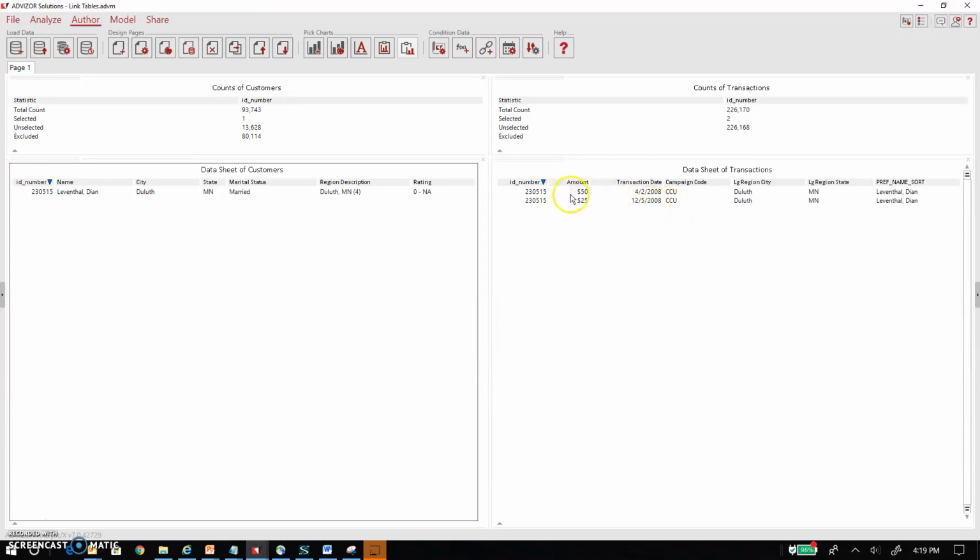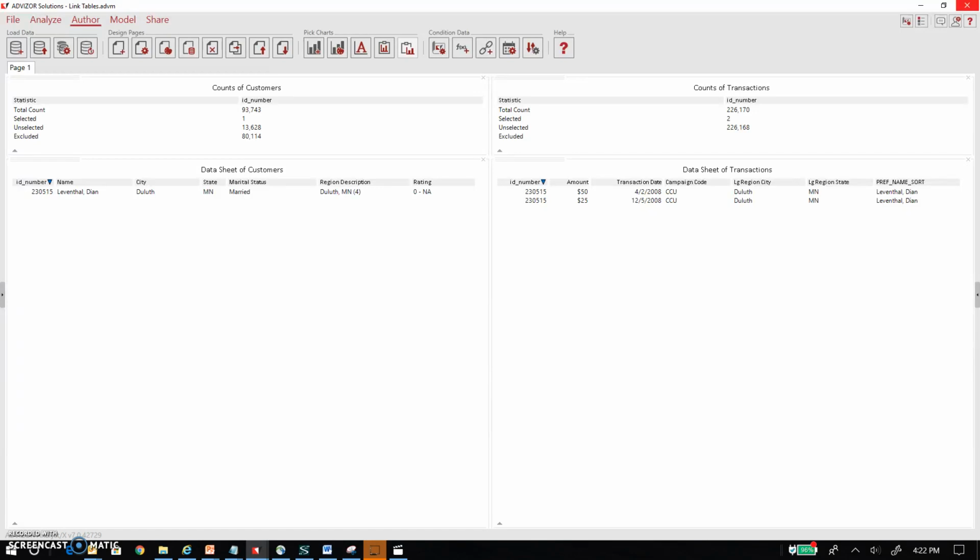On the other hand, if I wanted to copy some information from this transactions table to the customers, say the amount or the transaction date, we see there's different values for the same ID number. I do not recommend performing a table copy in this case because the result might be unexpected. Instead, I recommend looking into selection links and rollups. You can find those videos in our